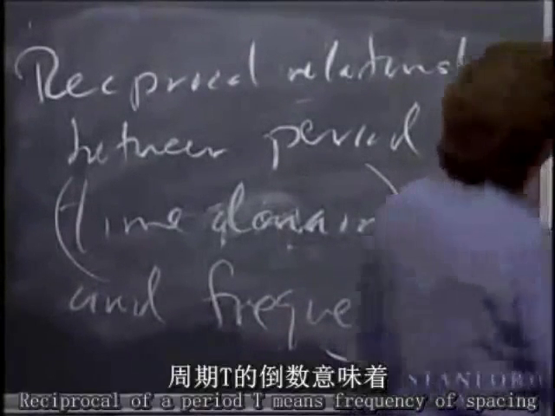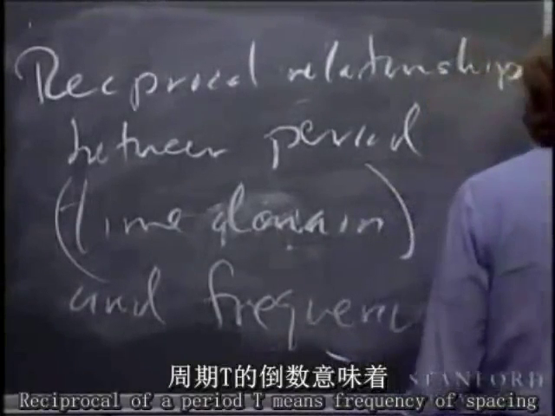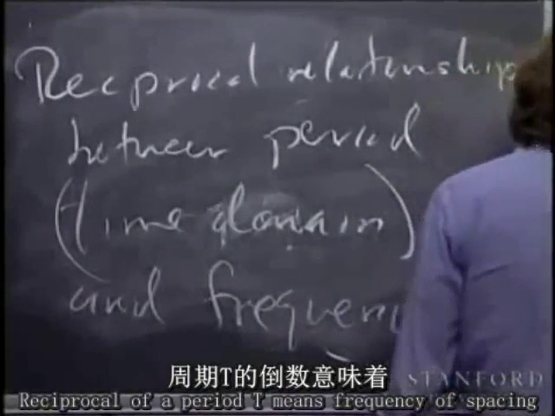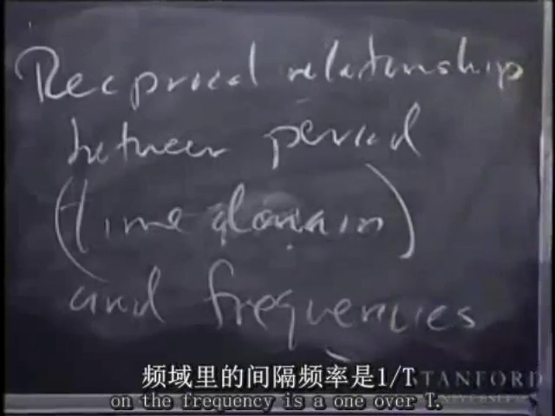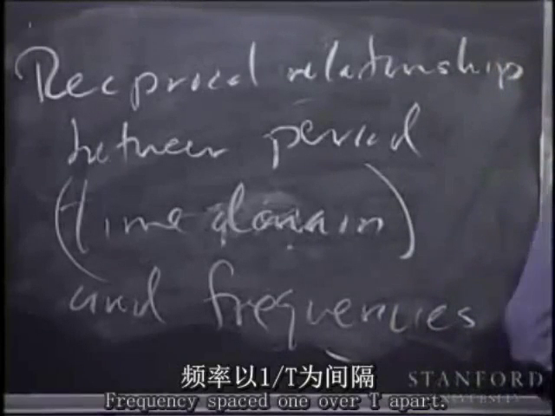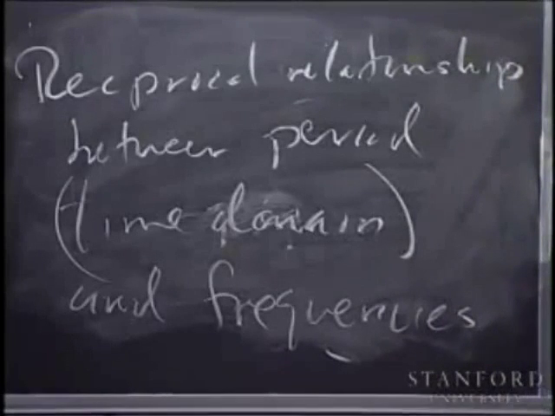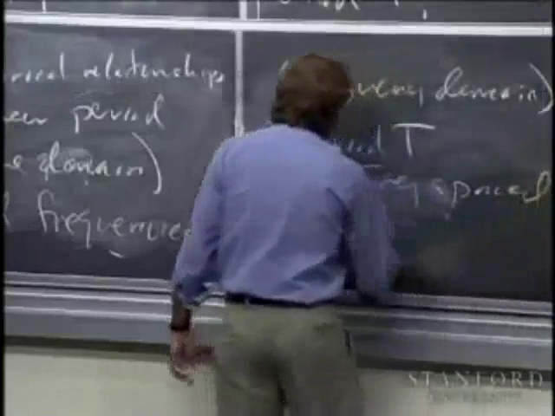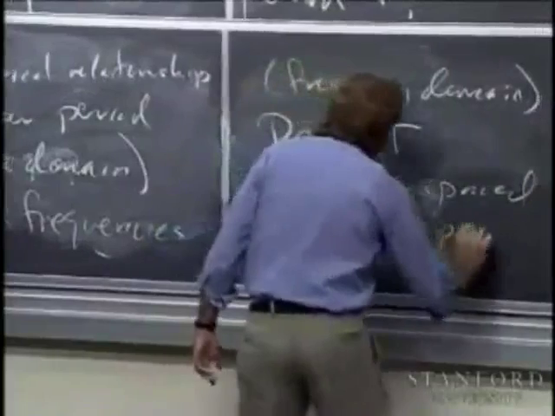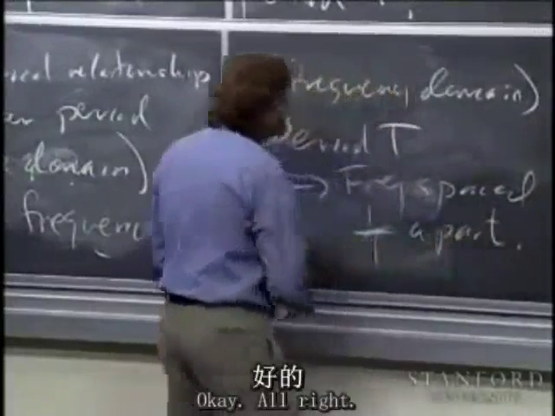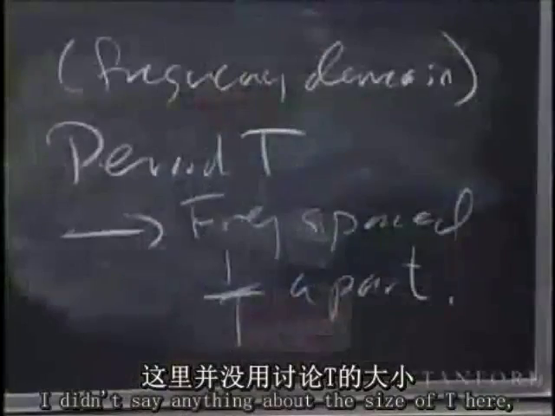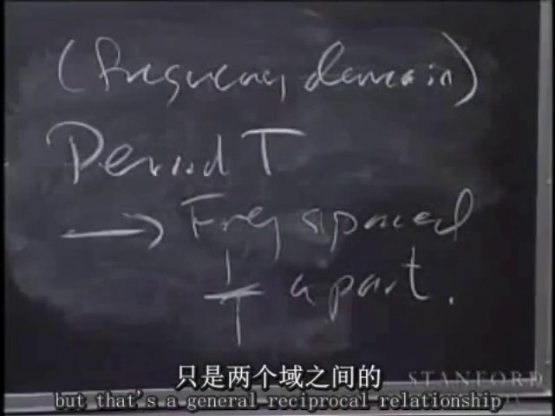The reciprocal relation: period T means the spacing of the frequencies is 1 over T. Frequencies spaced 1 over T apart. Okay? All right. I didn't say anything about the size of T here, but that's a general reciprocal relationship between